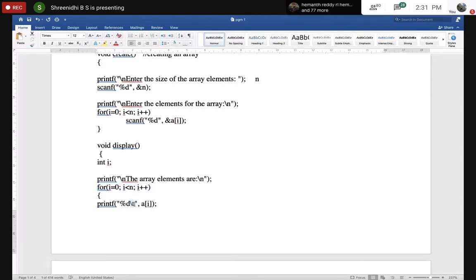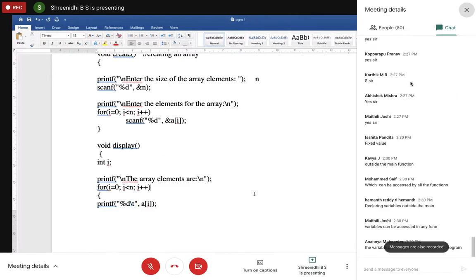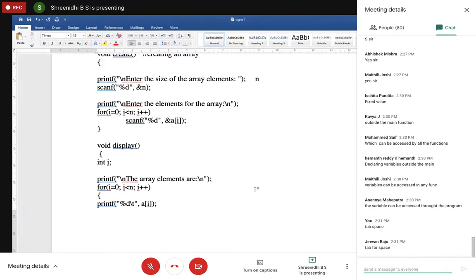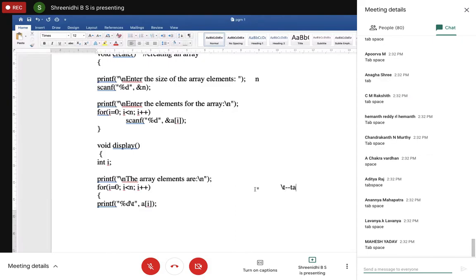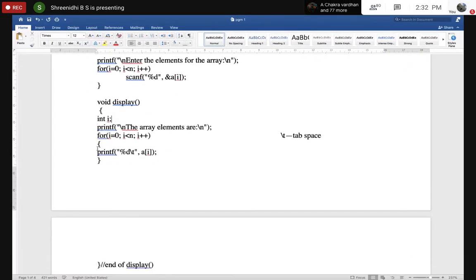Anyone? What do you mean by backslash t? It's a tab space. Next, a of i. This entire thing will display your array elements.